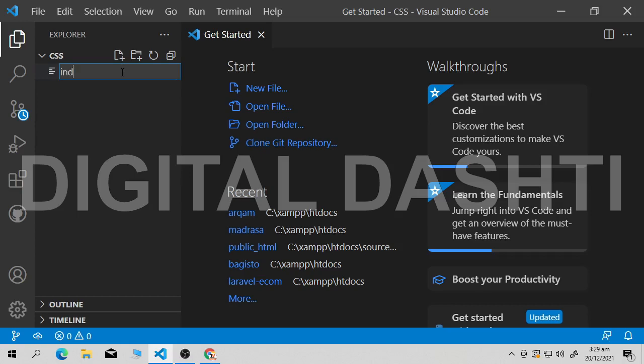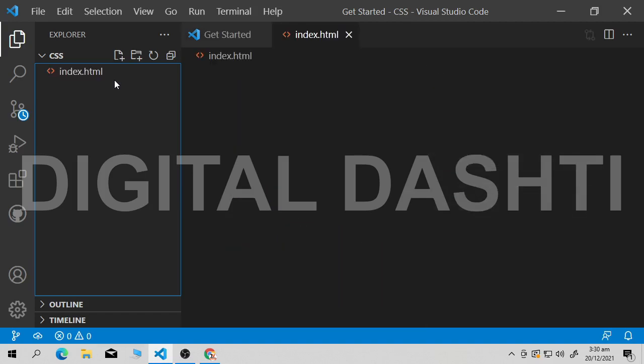In the new file you have to name your file. I name it index.html. Why am I writing .html here? Because I told you earlier that CSS is used to design or style an HTML document. So for now I'm taking an HTML file, because I'm assuming that you know HTML. If you don't know HTML, I have already created a basic HTML course. You can go to my channel, or I will give you the link in the description box of the playlist of the HTML beginner course.